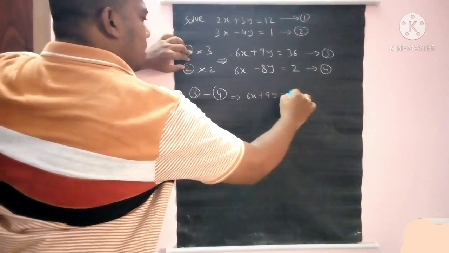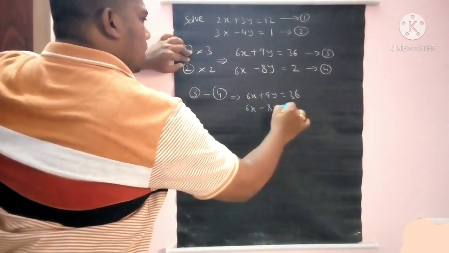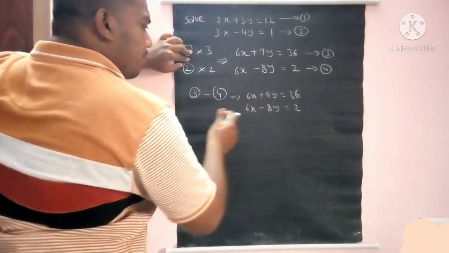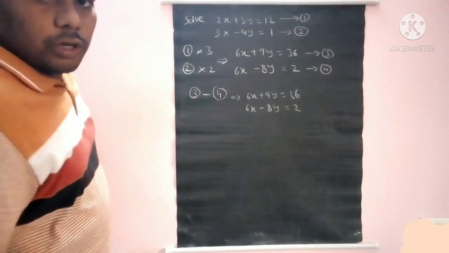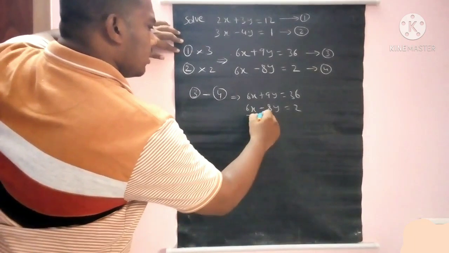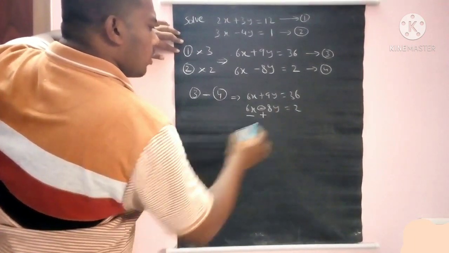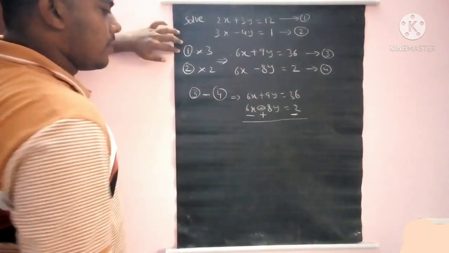6x plus 9y. Suppose we have a confusion to subtract directly. So write like this. Change the symbols for the second equation when we are taking the subtraction. So here, when you are choosing the subtraction, we need to change the symbols. That means these symbols won't be there now. These symbols only should be followed for the second equation.